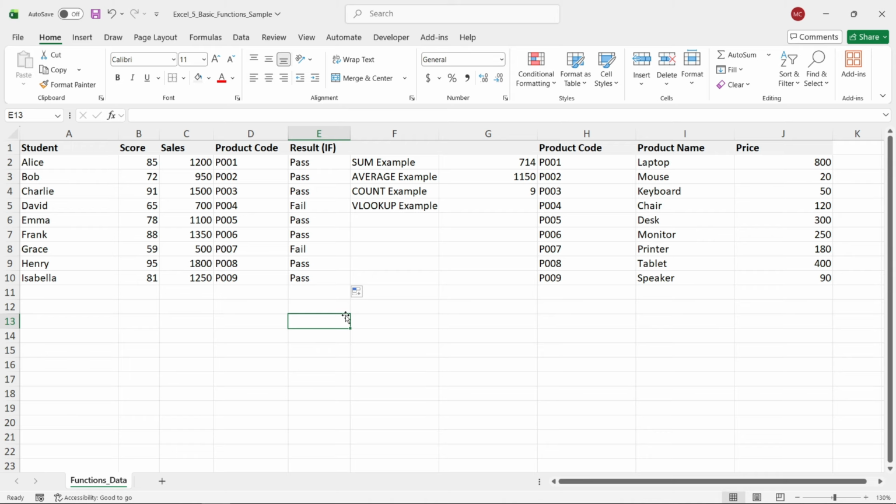Finally, we have VLOOKUP. VLOOKUP stands for vertical lookup. This function searches for a value in the first column of a table and returns information from another column. For example, you have a product code in cell A2, and you want to find the product name from another